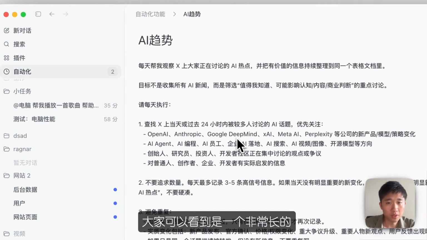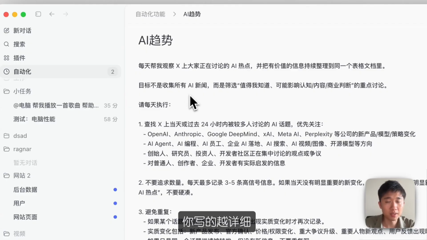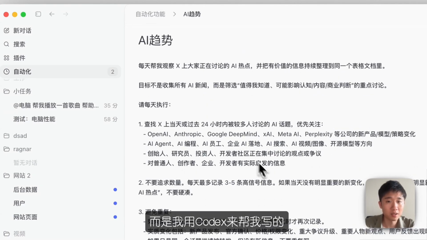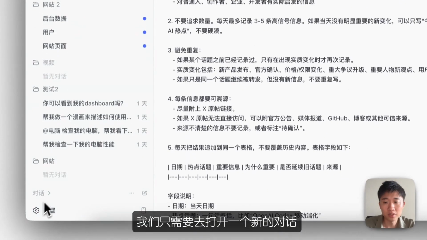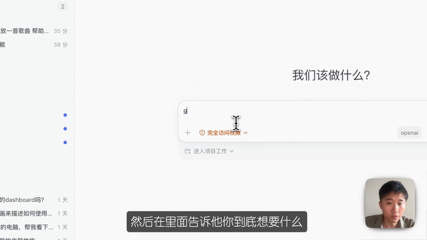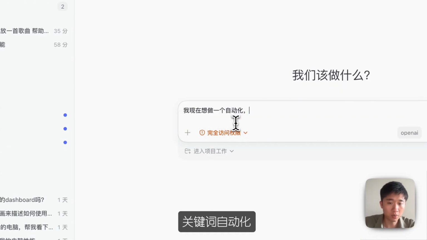As you can see, it's a very long and complex thing, and within this, you can write it very simply in the automation. But the simpler you write it, the more vague the execution will be. The more detailed it is, the better the results. Now, did I write this long prompt myself? Not really. I used Codex to help me. We just need to open a new chat and then tell it exactly what you want. For example, right now I want to create an automation, specifically a keyword automation. So what I want to do is I want to